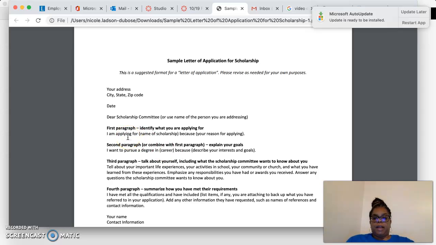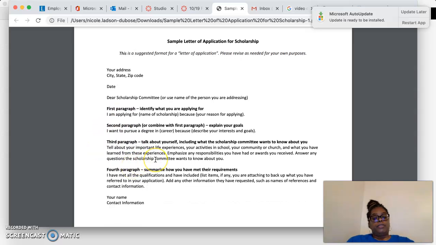And in the second paragraph, you're going to explain your goals. So I want to pursue a degree in whatever it is and how it relates to that scholarship that you're applying for. In the third paragraph, you're going to talk about yourself. This is where you're going to spotlight all the things that you've done in the last 4 years, your clubs, your athletics, any extracurriculars, any volunteer work, any work experience, all of that's going to go in that third paragraph.